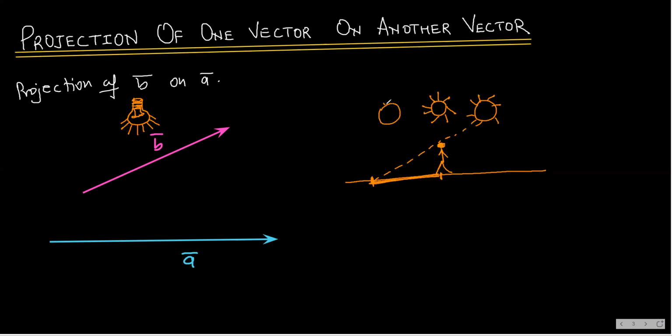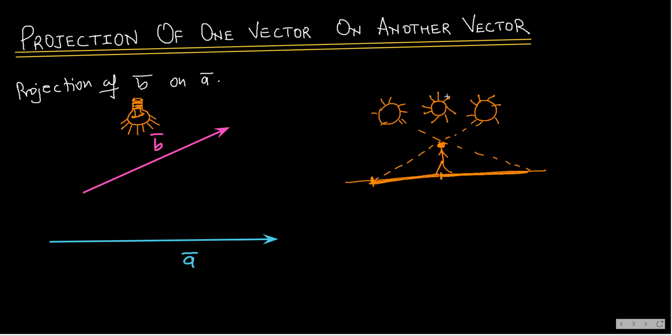If the sun happens to be on this side, then your shadow will be on this side and it will be this big. But when the sun is exactly over your head, that is perpendicular to the surface of earth, perpendicular to the light rays which are emitted, then your shadow will be underneath your feet. The length of the shadow ideally can be 0 at that time.